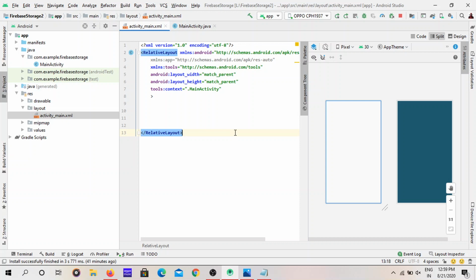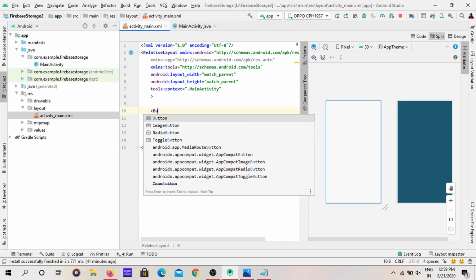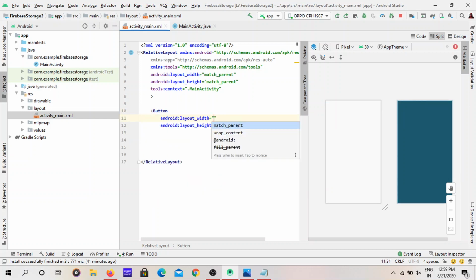If you want to know about relative layout, image view and buttons, you can watch our Umang Solutions YouTube channel. You can watch the previous videos in that channel. We already discussed relative layouts and the views: button views, text views, image views, all that. So I'm using relative layout, and first I'm going to create a button,